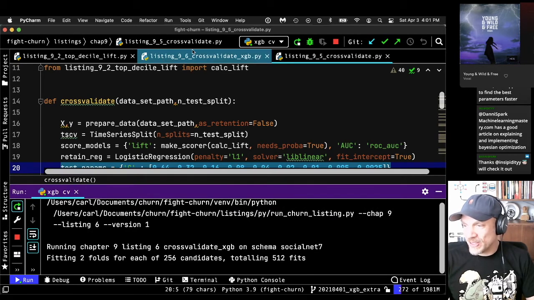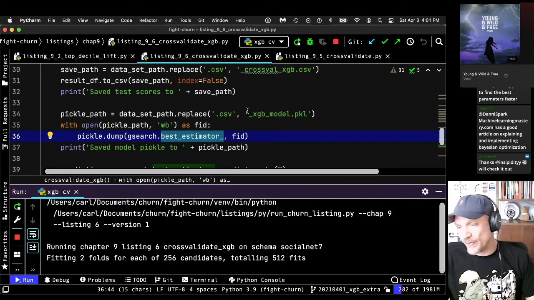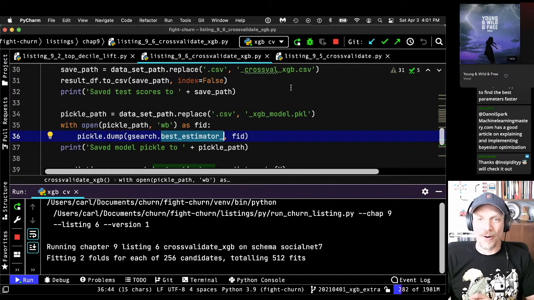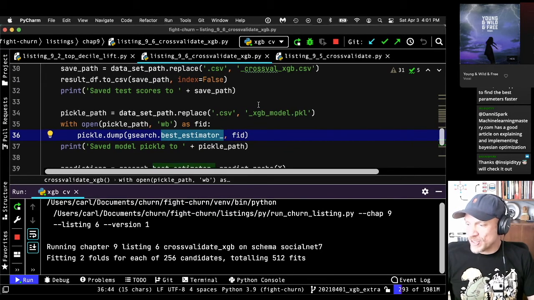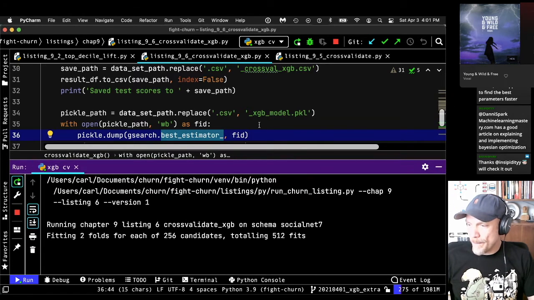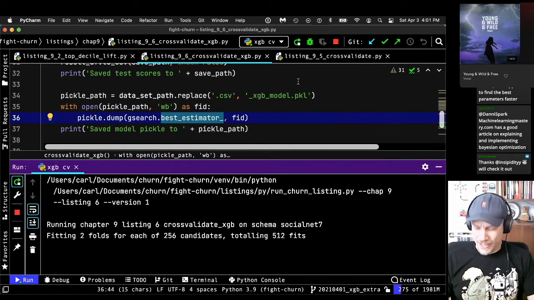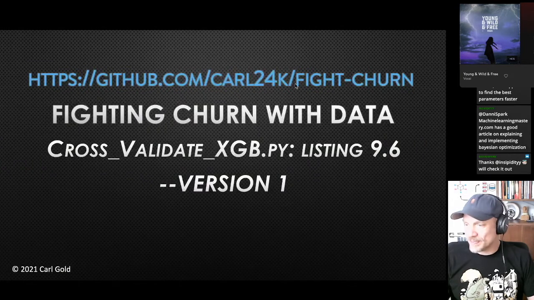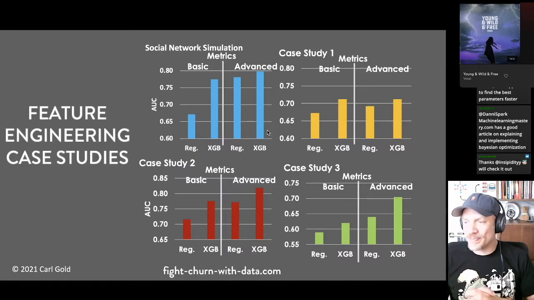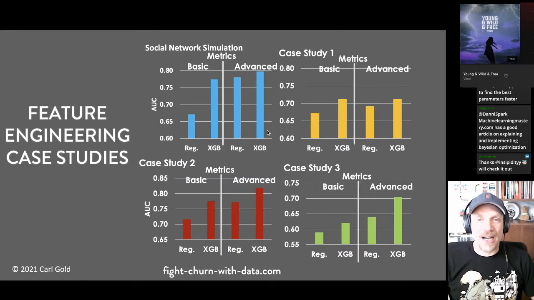We could look at the listing again, but since we just looked at it a few minutes ago, I think we won't bother. This should be somewhat faster because the data set has about half as many features or metrics in it. But I think I'm just going to go straight to the answer now that I showed you how to run it. And that is shown in this slide. So there's actually some difference with the basic and advanced metrics. And I'm showing it in this kind of cluttered slide.